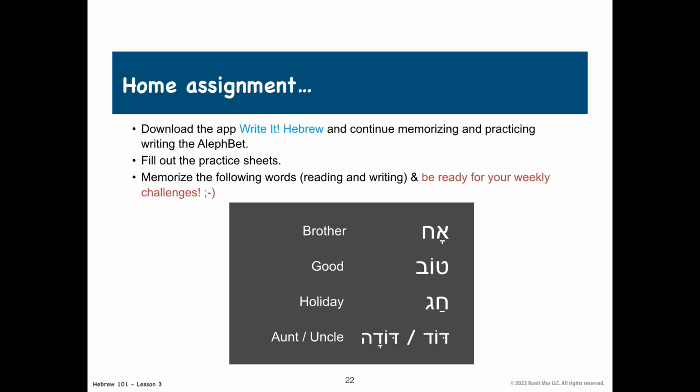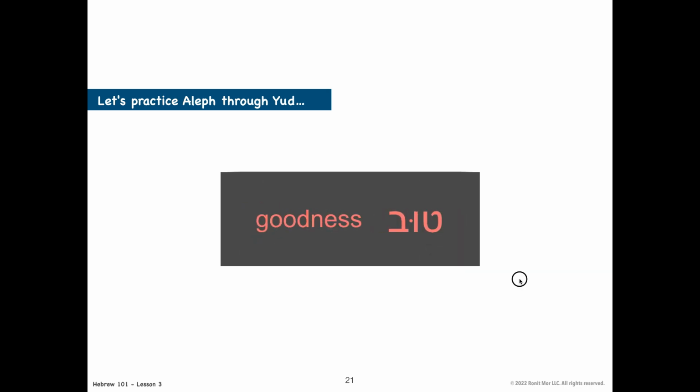Okay, so let me just stay here on the Chod. So we are done practicing the next four letters. So right now you have 10 letters that you learned, Aleph through Yud. Any questions before we wrap it up today? Anything, just ask me anything. If you had any issues during your practice this week, please share and feel comfortable asking me questions.